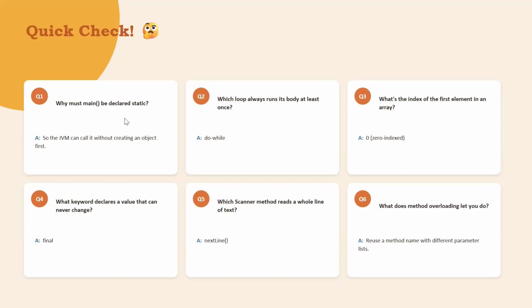Okay, madam. Yes. So if you don't declare the start the main method as static, and you declare an object first, can the JVM execute? No,